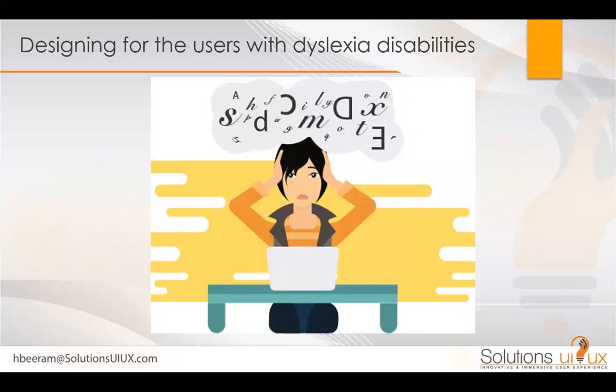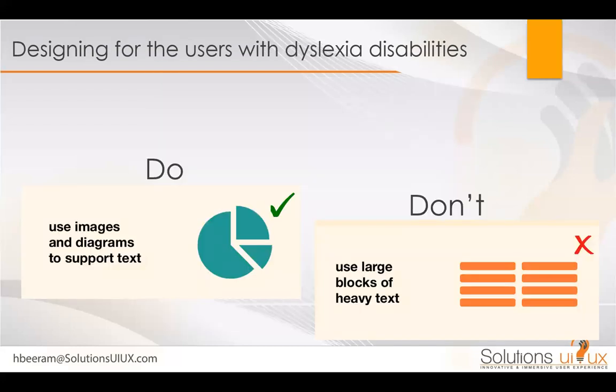So, designing for users with dyslexia, right? Disabilities like that. Let's say if you're using images and diagrams, there needs to be text that goes supporting those diagrams, right? So this much percentage, let's say this is asset allocation for your finances in your 401k or something. This was in US equities, this is in mutual funds, and this is in bonds or something like that. So giving that clear information will help. So we need to do that, and we shouldn't do this, right? Large blocks of text and heavy content and all of that.